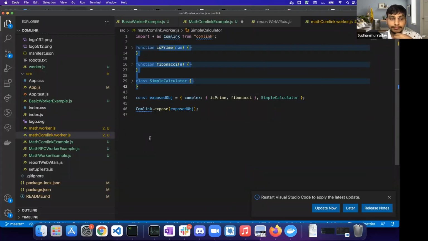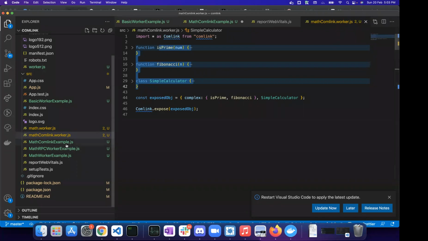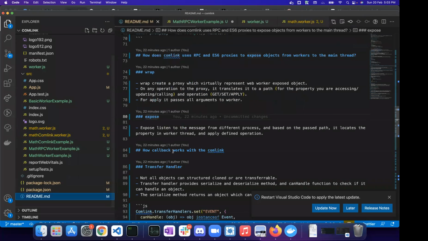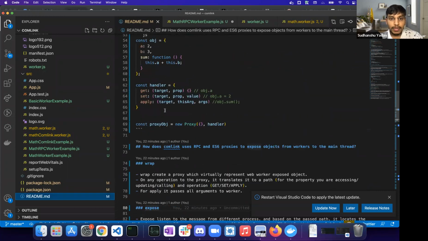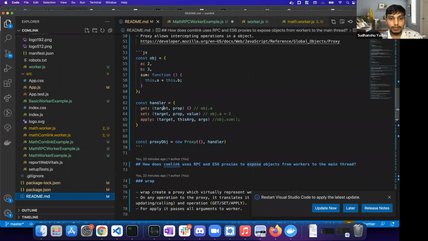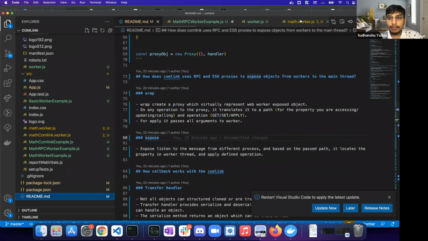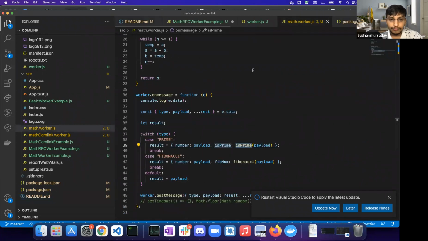Good. Now this wrap and expose thing works fine for objects like this, but you can have a pattern where